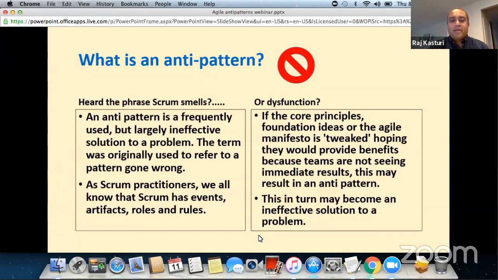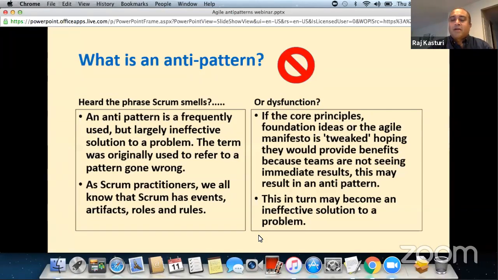Maybe I have this great idea, which is good, but an anti-pattern is frequently used, yet it's an ineffective solution to a problem. So based on the core principles and values of Scrum, if you try to tweak that and think you might get good results, that might result in an anti-pattern, because